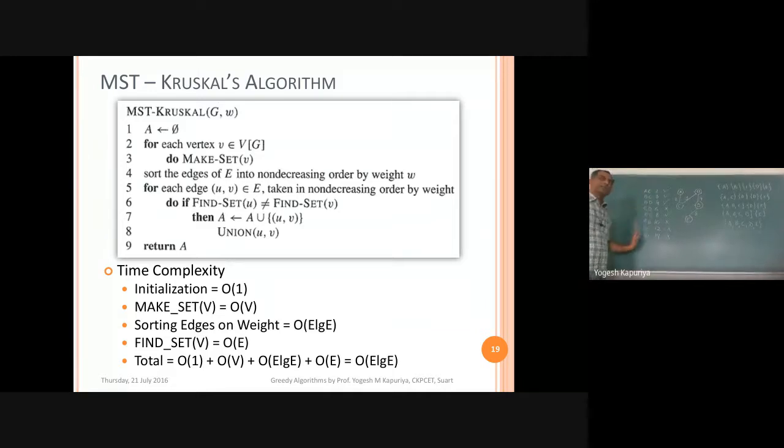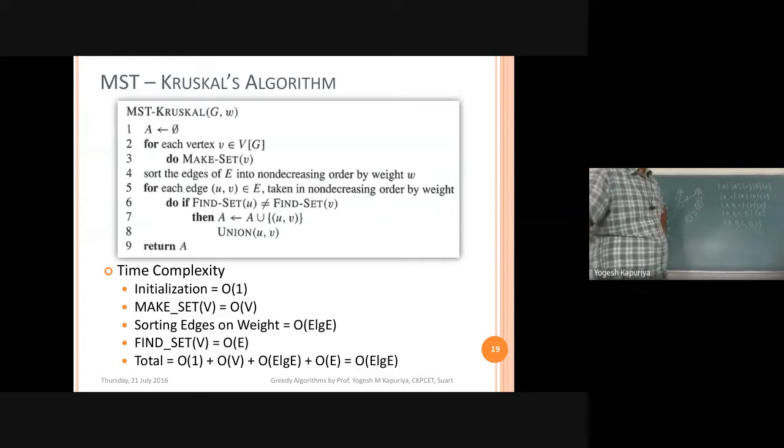So this is my set E. For each edge UV, meaning 2 endpoints, U and V, check if find set U is not equal to find set V. Find set is another method that will give you the set reference of every vertex. So that means we are checking whether the set of A is not equal to the set of C, or in general the set of U is not equal to the set of V.